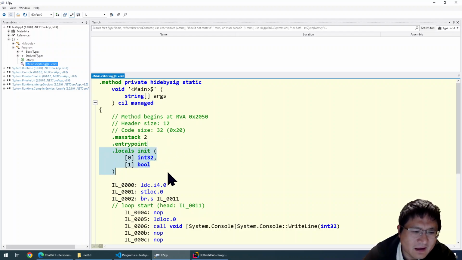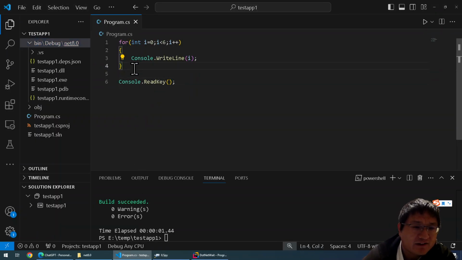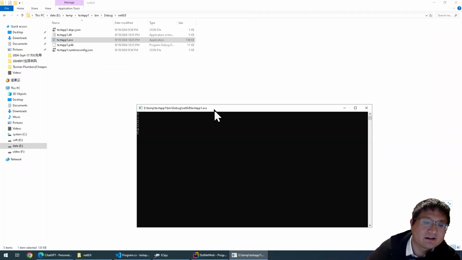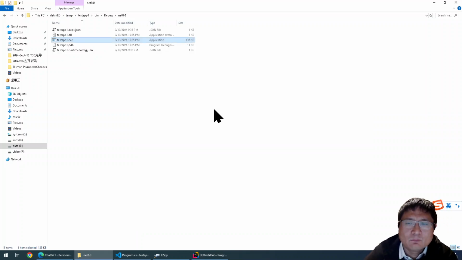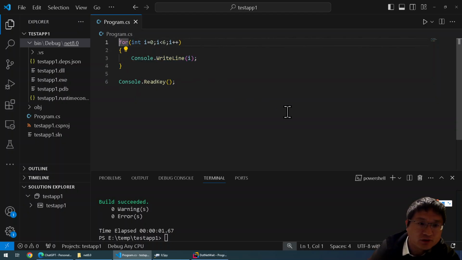I can simplify it as the following scenario. For example, this is a simple .NET application, and then I can build it and run it. It's such a simple .NET application, right? And I want to add some extra command to this application. Of course, I can add that extra code from the C# source code, but sometimes I want to